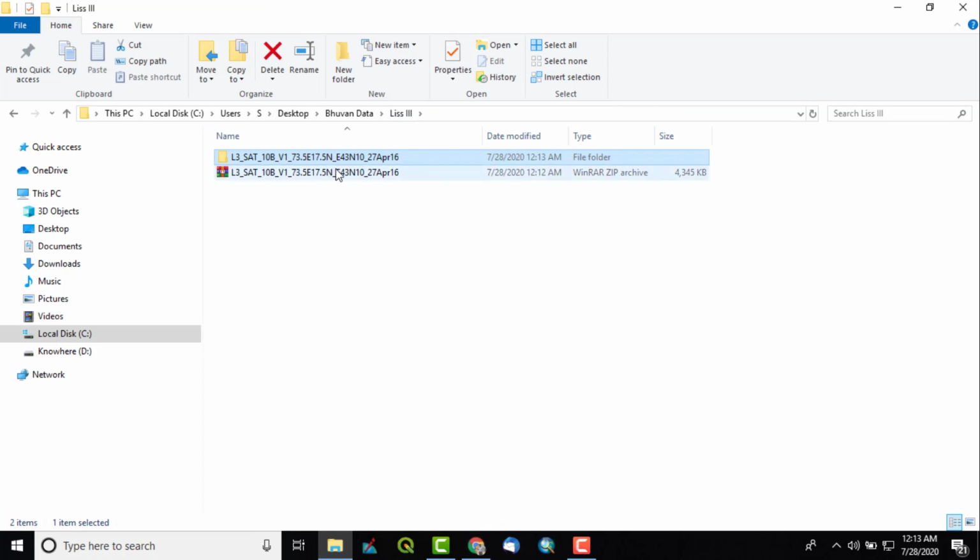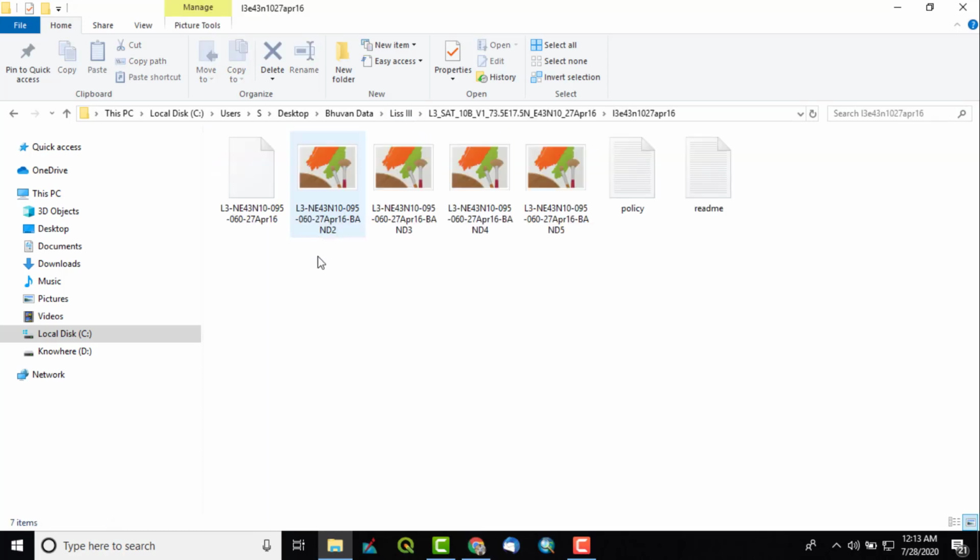And how this image can be prepared, I have one video on our YouTube channel, Novagematics. Like the layer stack tool is there to prepare the image out of these 4 images. You can go through that also.